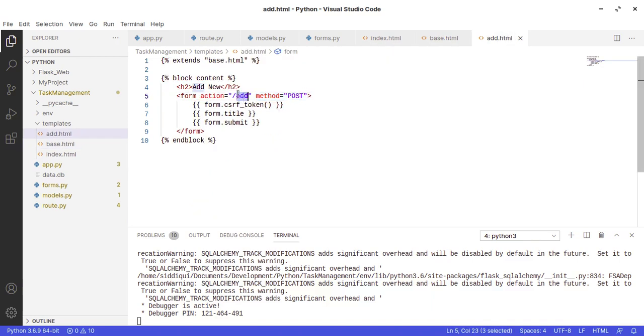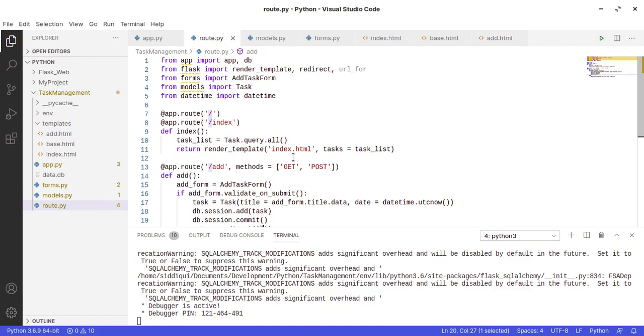But this is actually not a good practice in a real application, because the routes can be changed. If I change it to, let's say, add2, I have to change it in all of the HTML files. This is not good. Instead of referring to the route URL, we can refer to the method name. This one is better, because method names rarely change. We don't change the method names normally, but the routes can be changed. So it's better to refer to the method name.